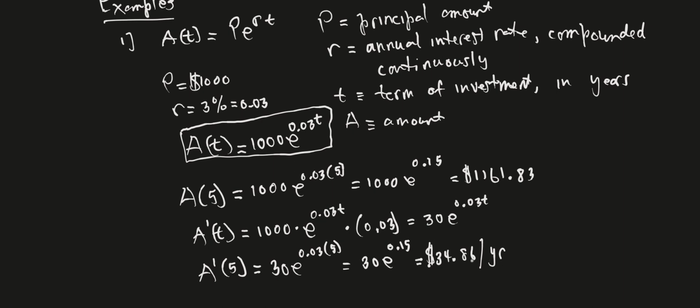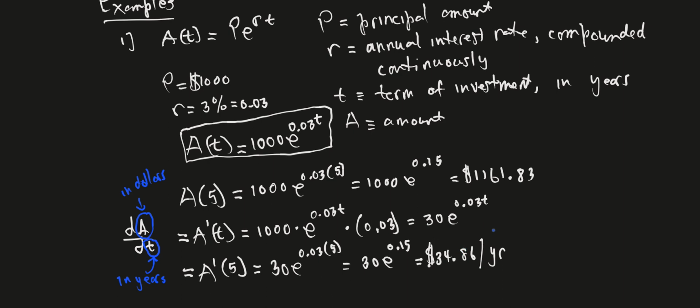Now, the way we can see what the units are, if we write this derivative using the Leibniz notation, meaning in terms of d's, so this is dA dt, then you simply look at the units of this variable. So the units of the amount, that would be dollars. And this variable, time, well, that's in years. So it's the rate of change of dollars with respect to time, which is measured in years, right? So that's how we get the